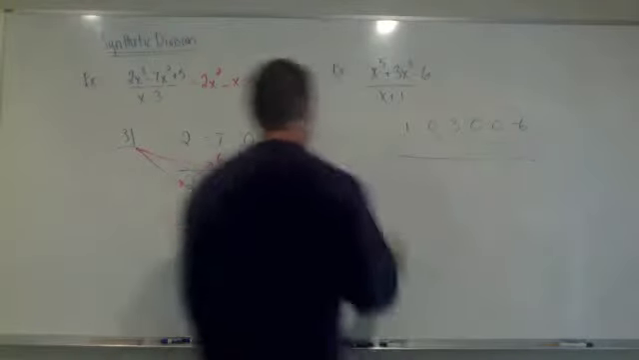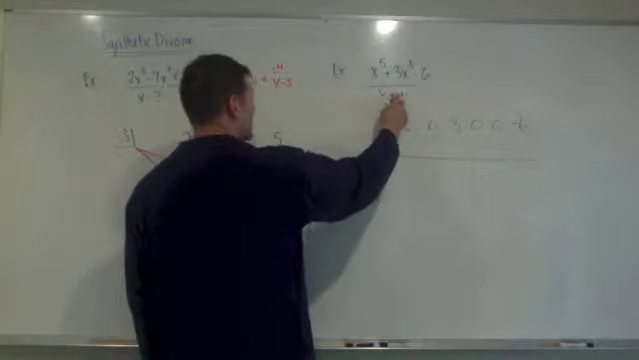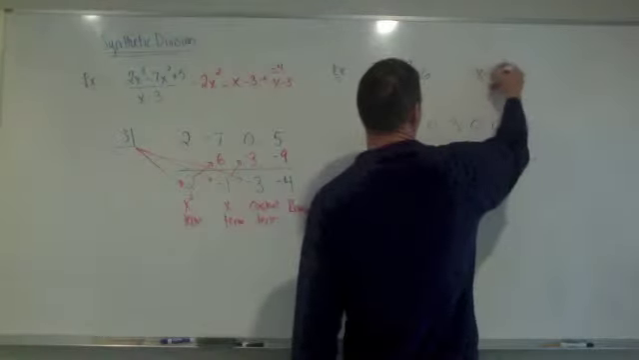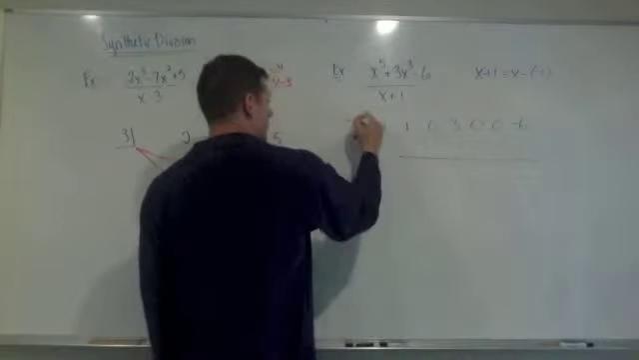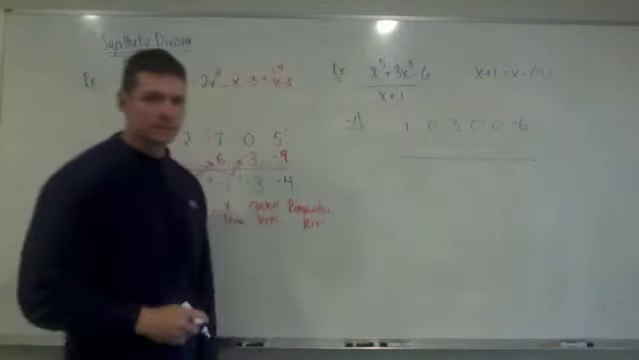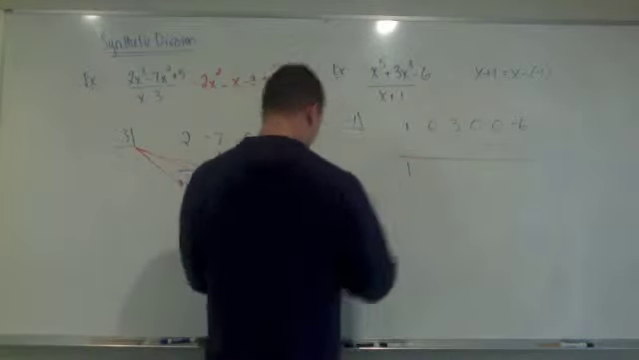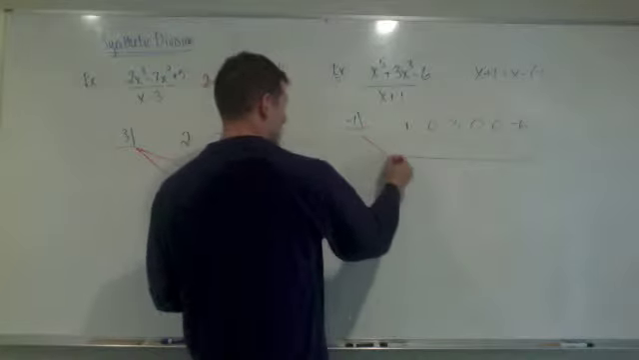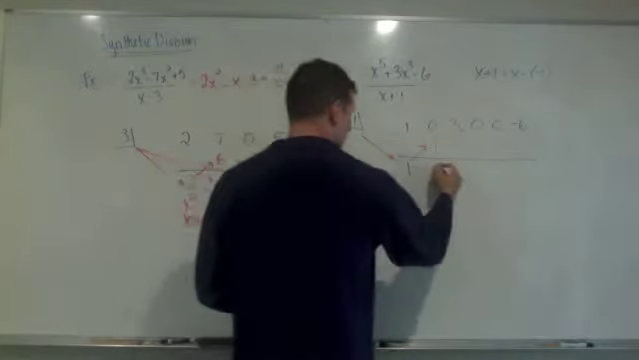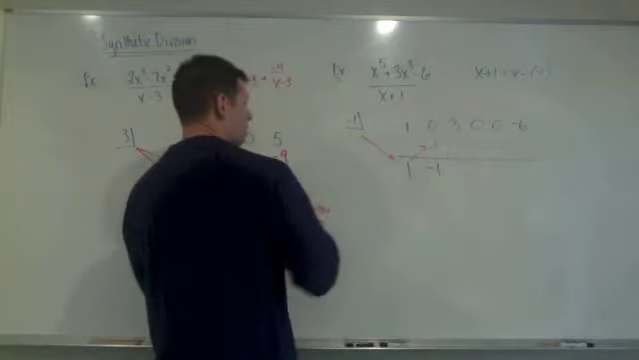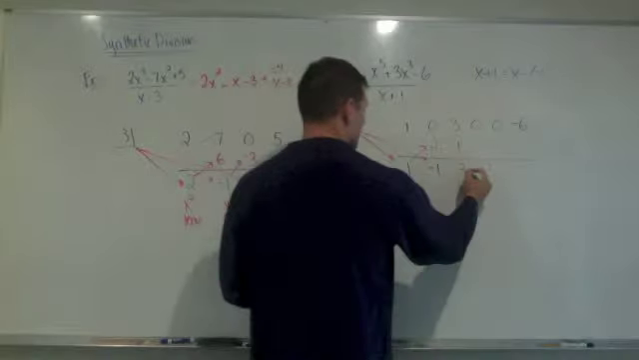Draw my line. The number I'm going to put in the box is not going to be 1, because I always want x minus a number. And you'll note that x plus 1 is the same thing as x minus negative 1. So negative 1 is the number I put in the box. Okay, drop down my 1. Multiply here. That gives me negative 1. Add down, negative 1. Multiply, negative 1 times negative 1 is 1. Add down gives me,